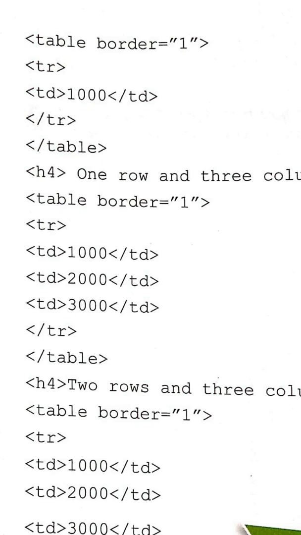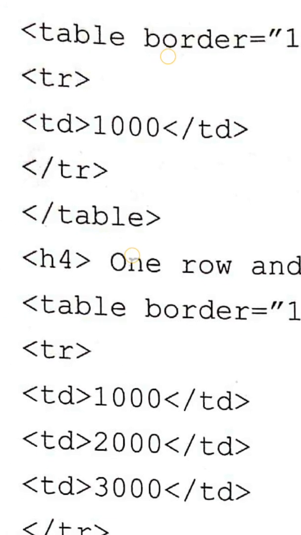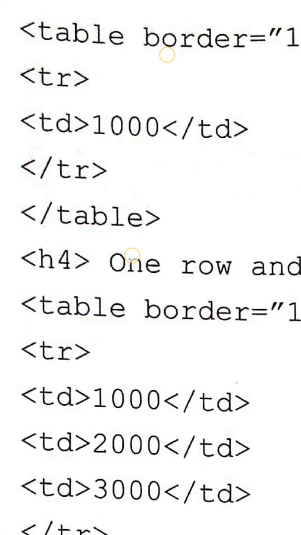Then TD. TD means inside that row you want to write 1000. Inside the table, that is inside the rows and columns, you want to write something. So that's why you have given the TD tag. Then the TR tag is closed, then the table is closed.